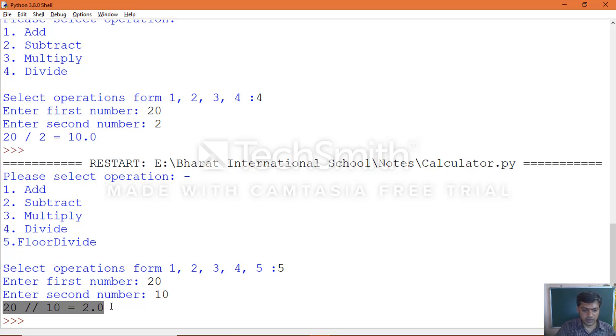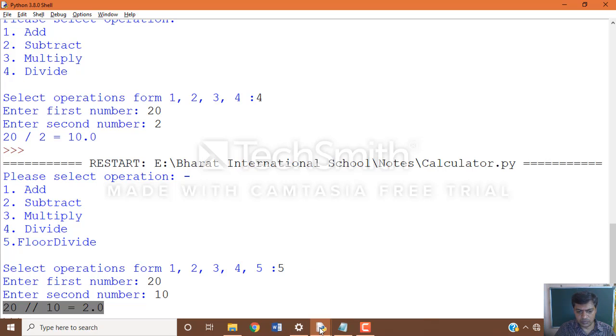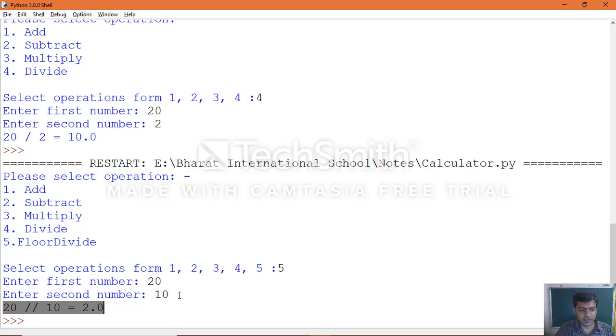In the same way you can apply the power value also. Yes, we will do that also. One more is there, right? Or you can try the same thing yourself for the power calculation. These are the basic operations which you can do.